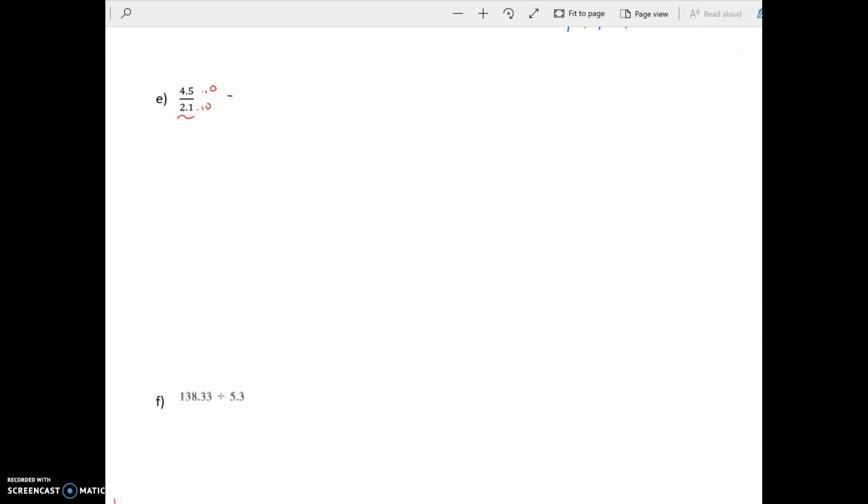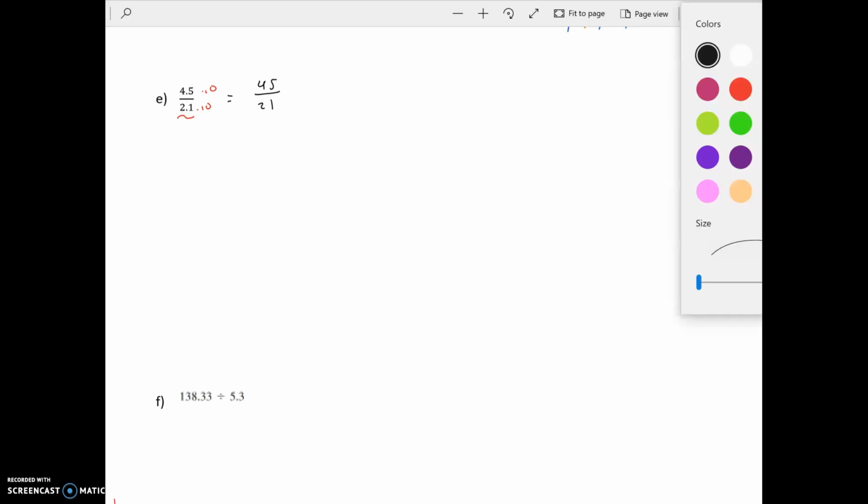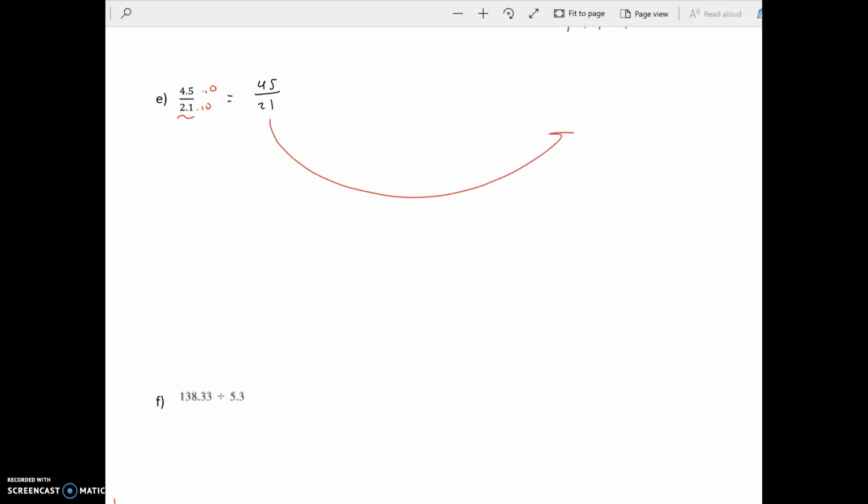Then express the fraction as, well, remember that when you multiply by 10, you just move the decimal one place to the left. So in this case, the values are 45 and 21. And this is what we're going to be actually carrying out the long division on. So this is going to be 45 divided by 21. As we carry the long division, if it's twice, so we're looking at